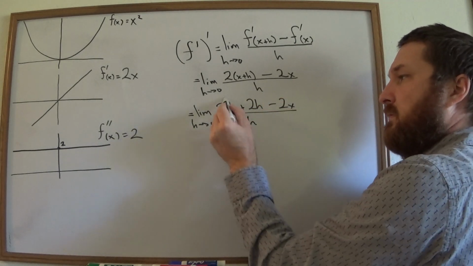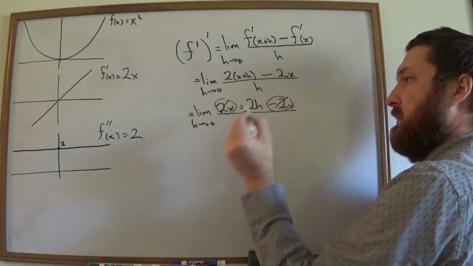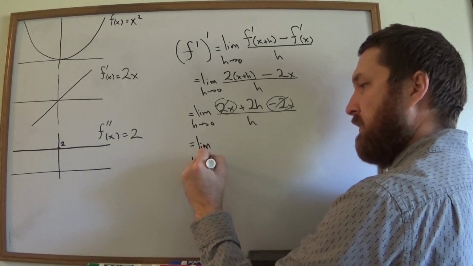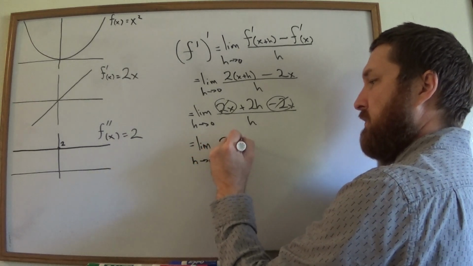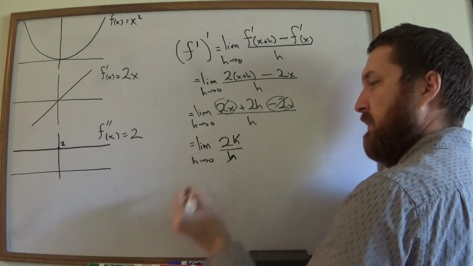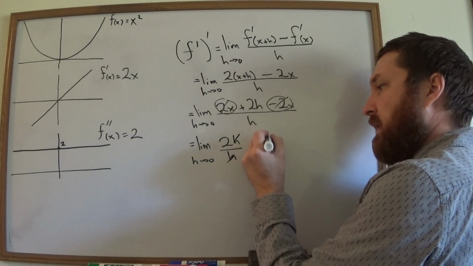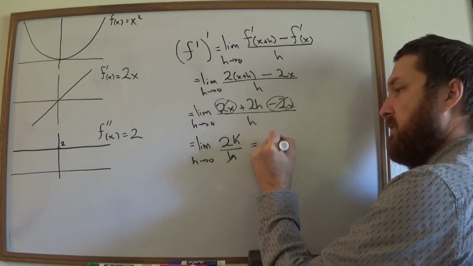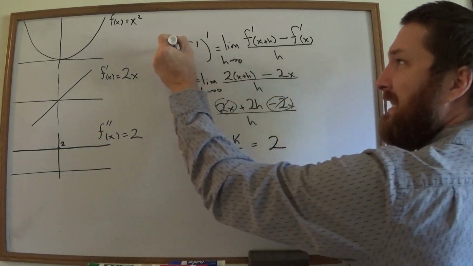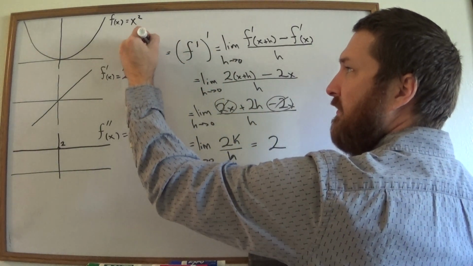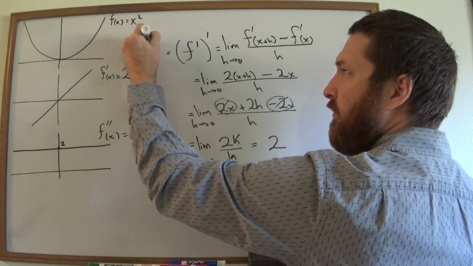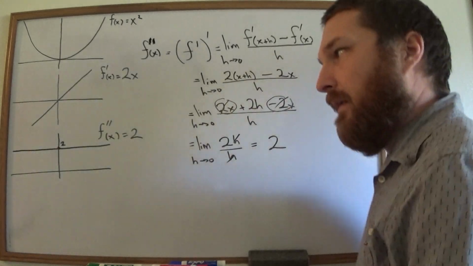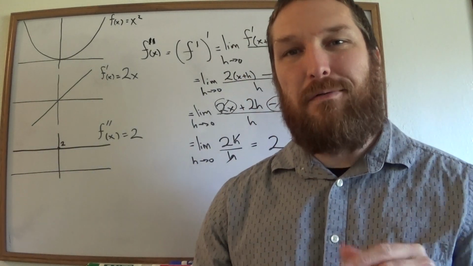Okay, the 2x's cancel, 2x minus the 2x cancels, and we get the limit as h goes to 0 of 2h over h. The h's cancel, and we get just the limit as h goes to 0 of 2. That's a constant, and so it should just be 2. So yes, indeed, the second derivative, f double prime of x, is equal to 2. And that's what we get. Now,